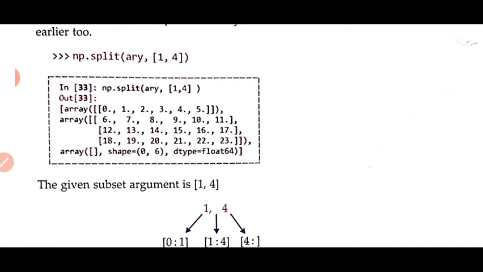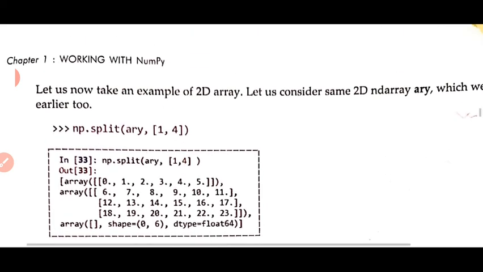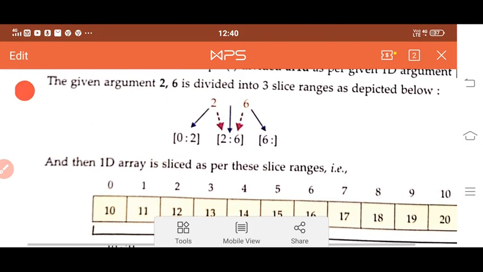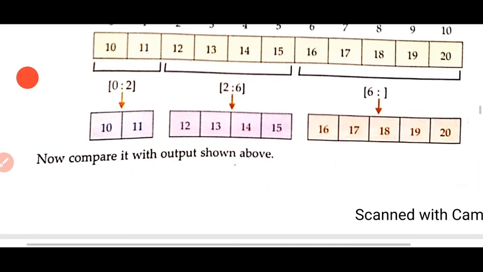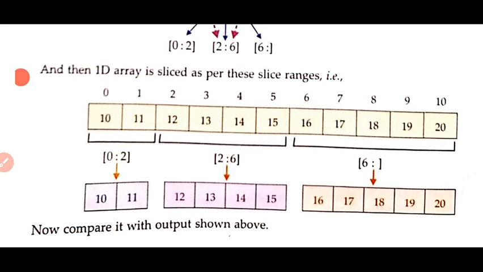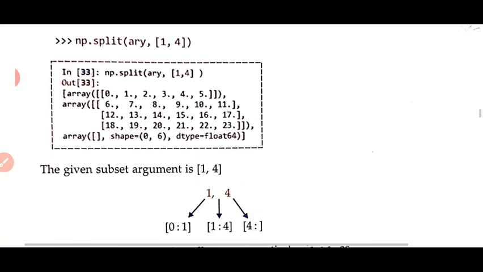In the case of the split function, the axis value needs to be written. If you do not mention it, it will take the default value, as in the case of the concatenate function. So here in this example, and in the previous example also, the default value 0 is used because the axis argument is not given. And this is a vector, so in the case of a vector there is no problem. In the case of 2D it is a problem.